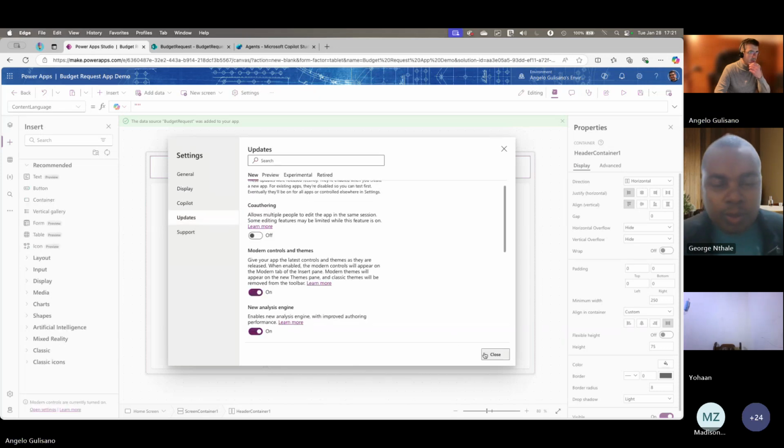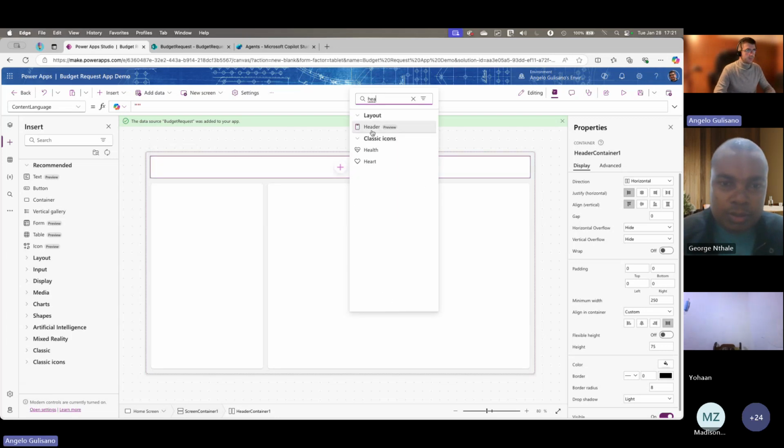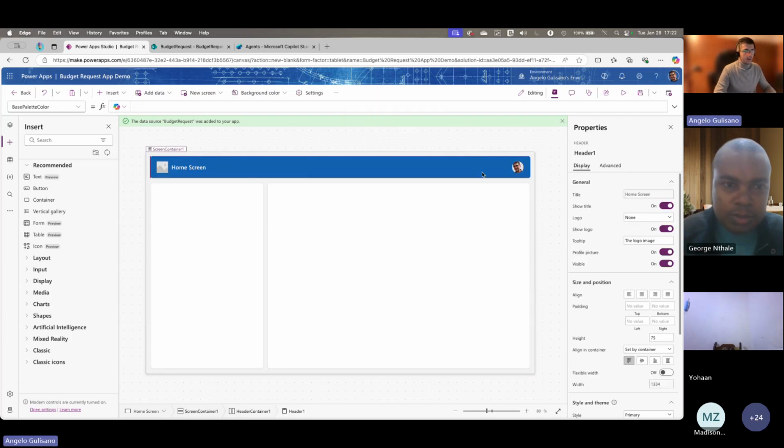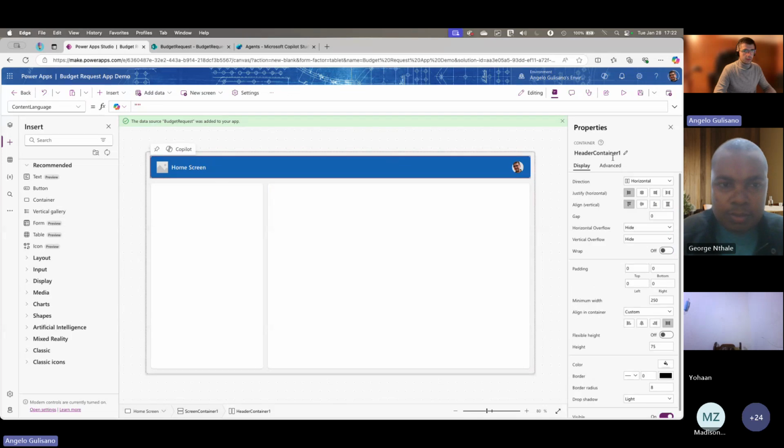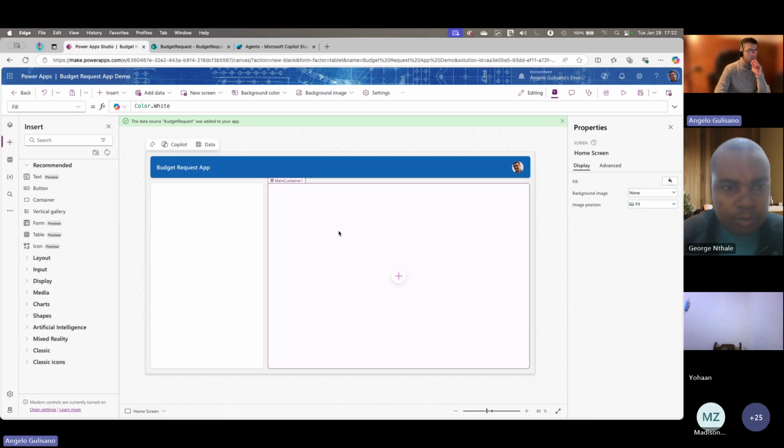Okay. Header. Okay. So here we are going to put some information here. Budget request app. Want to see the logo, and the idea is to put to see data here and apply some filter here.